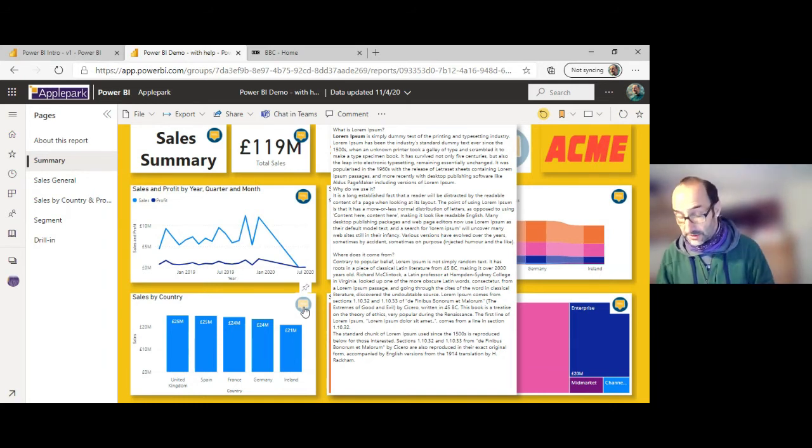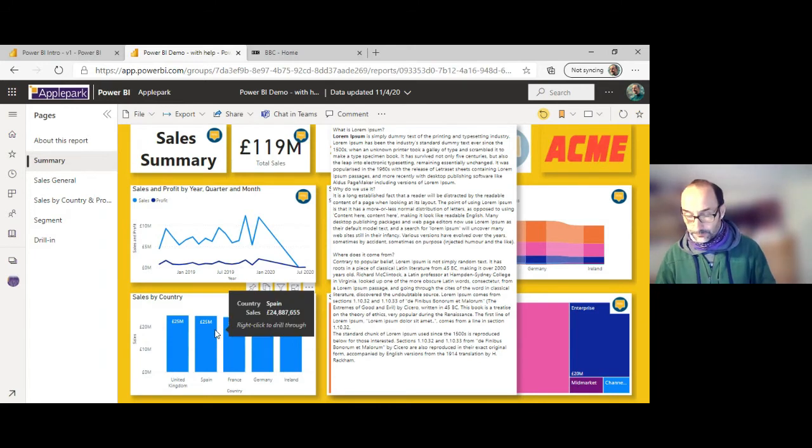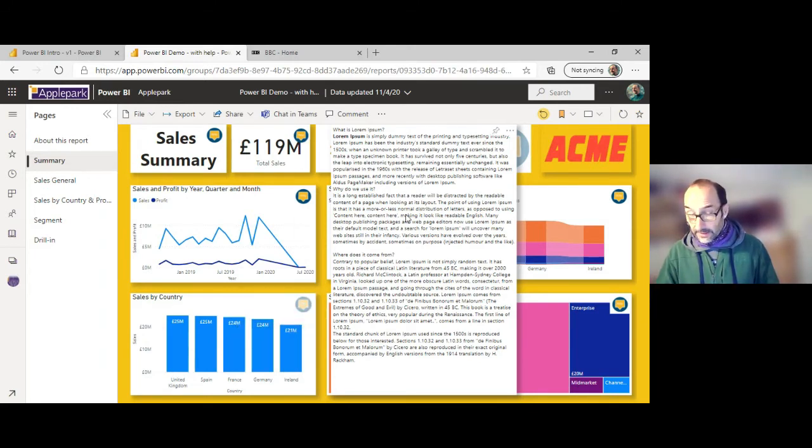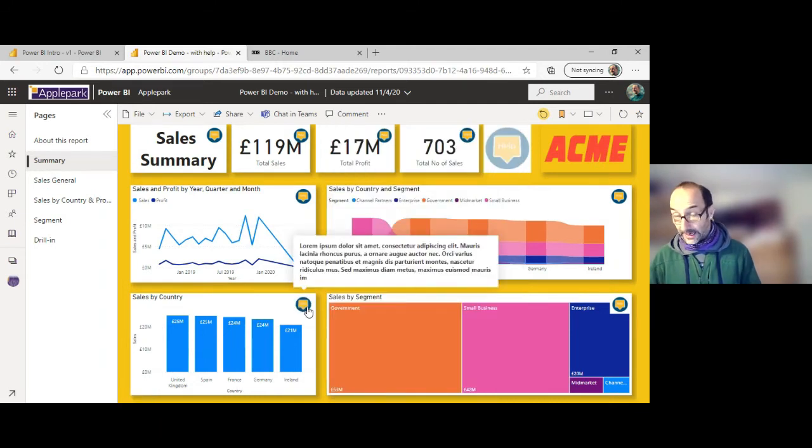In this case, this is just a textual visual, which gives me help, or would give me help specifically regarding this visual. So let's have a look at that. And I chose the text one actually, because you can see here, if I maximize this, this is pretty big. I can put a lot of information to describe what that visual is doing. And of course, we can click back on that visual and get rid of that help, and we're taken back to the standard bookmark. So how do we set that up?